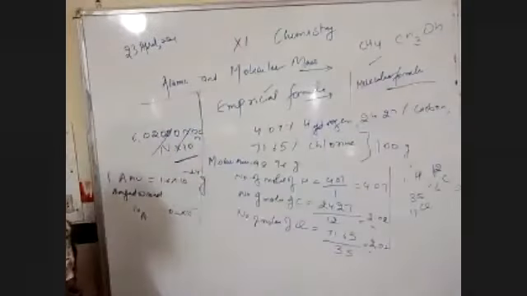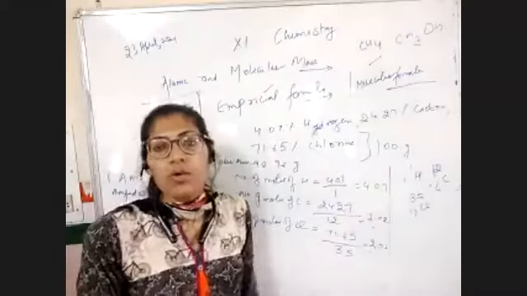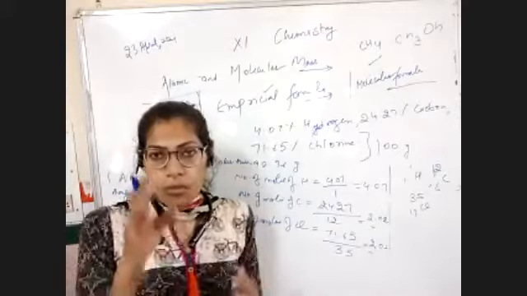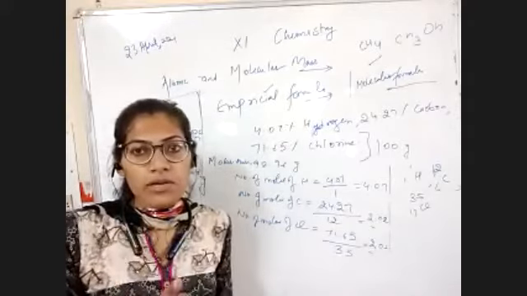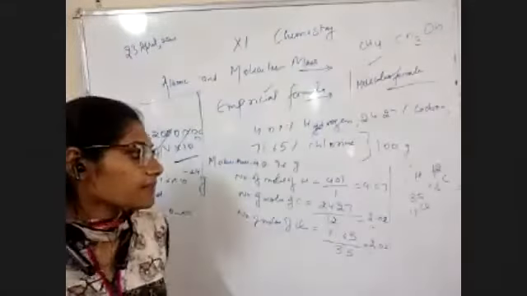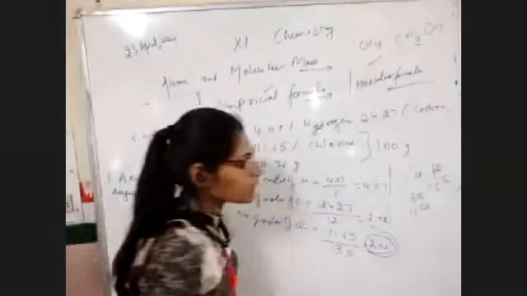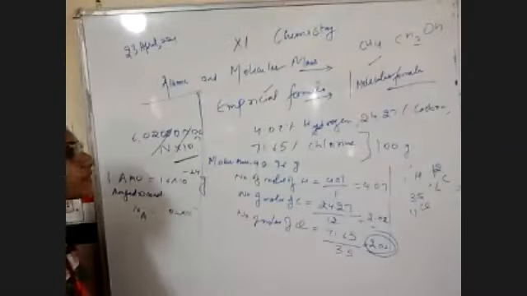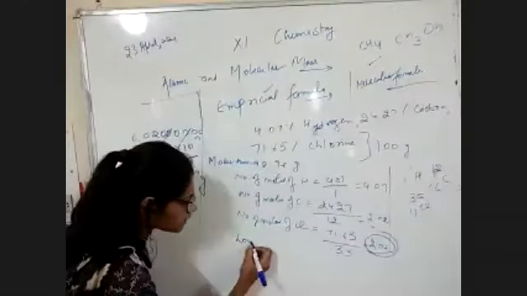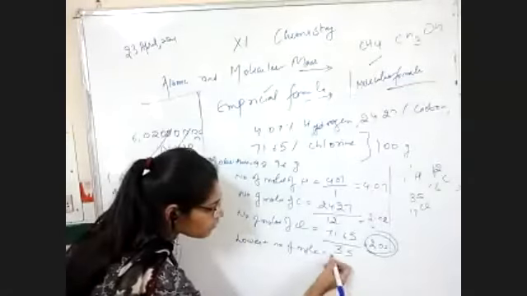Now the next step is we would take the lowest number from all these 3 numbers. If we are having 4 atoms, 5 atoms, from all these we have to take the number which is the lowest. Now in this molecule we have 2 as the lowest number. So what would we do? We would take the lowest number of moles equal to 2.